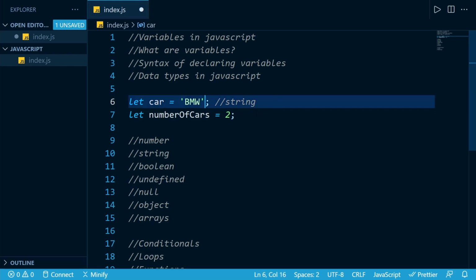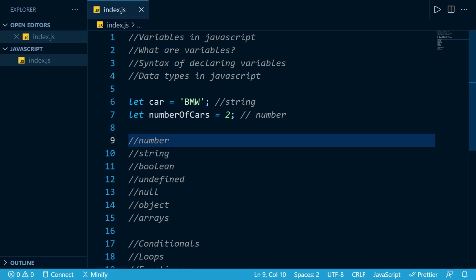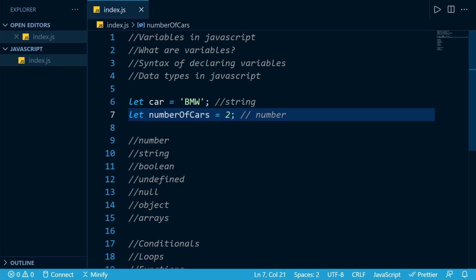Okay, and then we have numbers. So this is the number data type in our JavaScript. So we can also have numbers like 2, or maybe some other number, 6, or we can also have numbers with decimal points, also known as floating point values, like 3.4. Now we won't have 3.4 cars, but it is a possible value in our JavaScript.